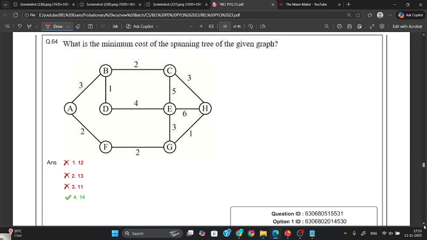What is the minimum cost of the spanning tree of a given graph? So we need to find the spanning tree. So here what we need to do, it will select the edges only, that edge part. So in the edge part you can check, here we have one. Okay, so this one is one, then again we have one also, then 2 plus 2 plus 2, these 2s we have in the edges, then we have 3 plus 3, 3 and 3. Okay, so if you calculate this you will get 14, so 14 is your right answer. Okay,